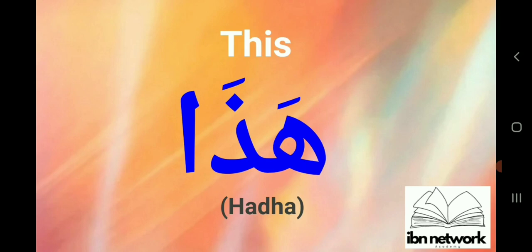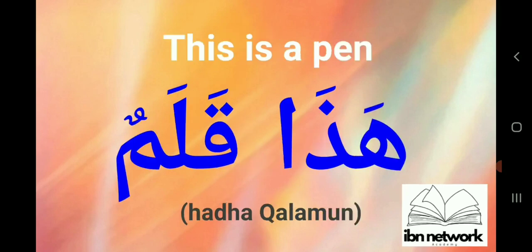Today we will be sharing with you tips on how to navigate your way around هذا. If you want to say this in Arabic language, the word for this is هذا. Say it once again. Good. هذا simply means this. And if you want to say this is a pen,